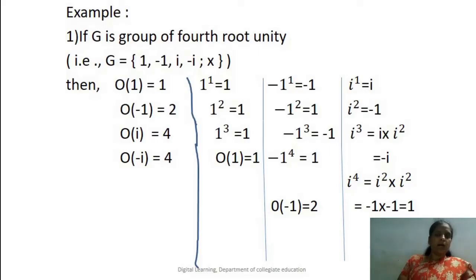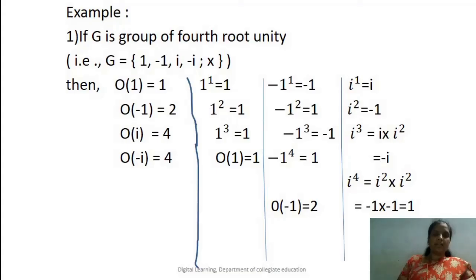So if you are observing 1, minus 1, and also along with I, minus I is also giving the answer as the order of minus I becomes the 4 itself. Like how we have done in I, similarly we can prove it for minus I also. In that time also we are getting all the elements which are present in the group. So therefore, order of I is also giving 4 different elements. Order of minus I is also giving 4 different elements. Therefore, order of I is equal to 4. Order of minus I is also equal to 4.